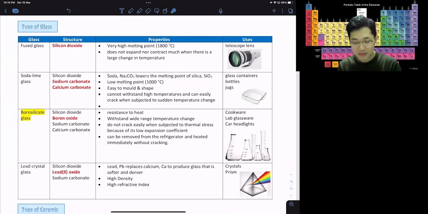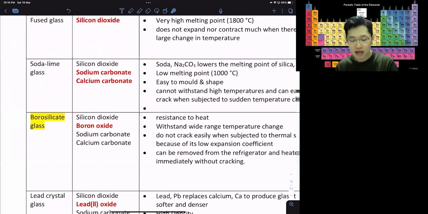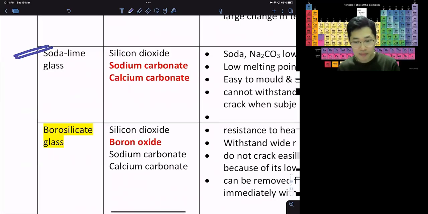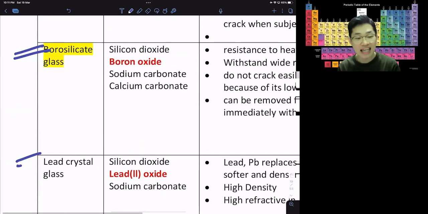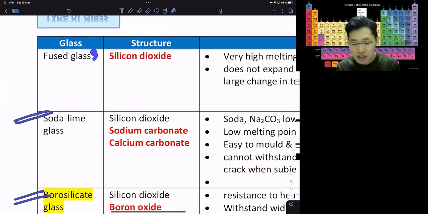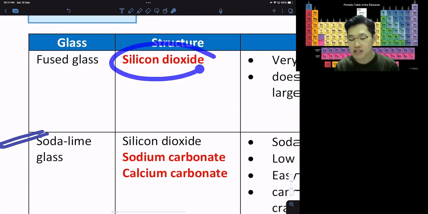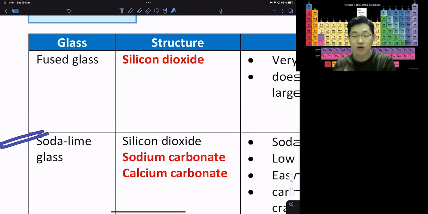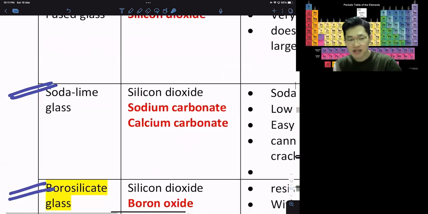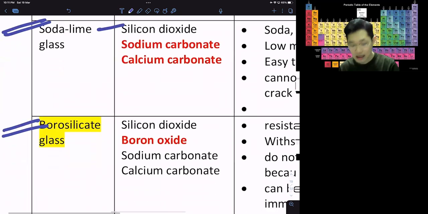And then now glass. There are 4 types of glass. But the most important ones are soda lime, borosilicate, and lead crystal. Because they are special glass. Fused glass is the cheapest, simplest glass. Because they only use sand. They melt the sand, then they get this fused glass already. But if you want to have a higher quality glass, specific function, you have to add something else. See, all the upgraded glass has silicon dioxide.